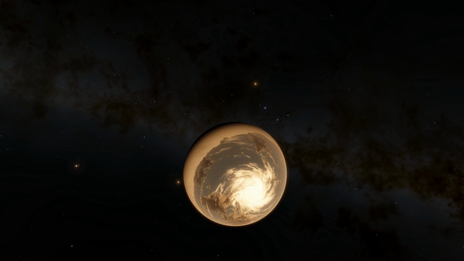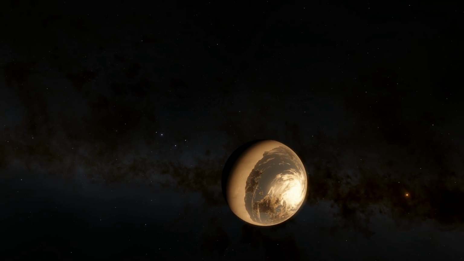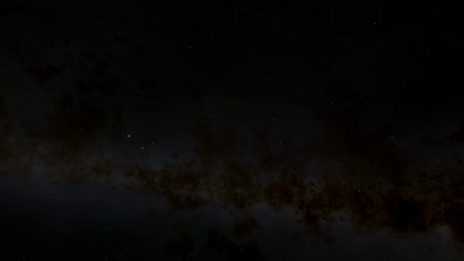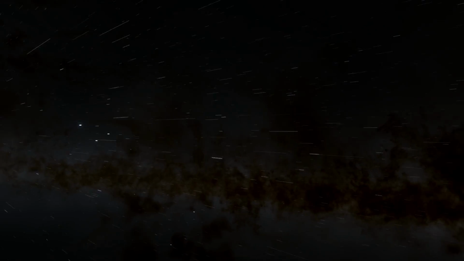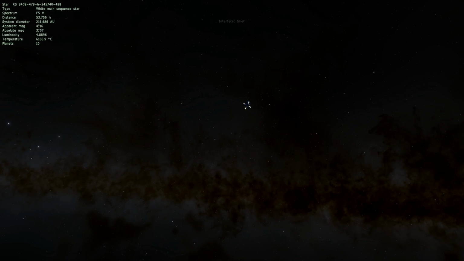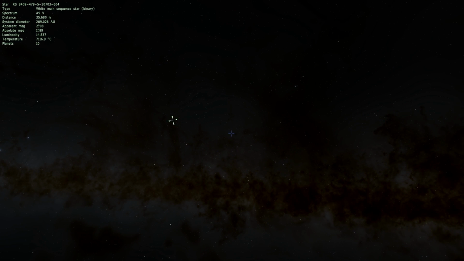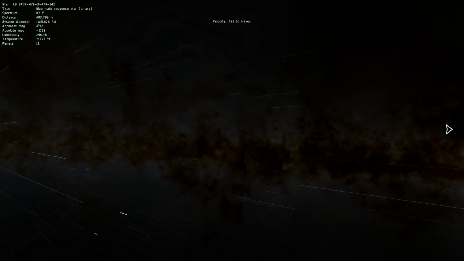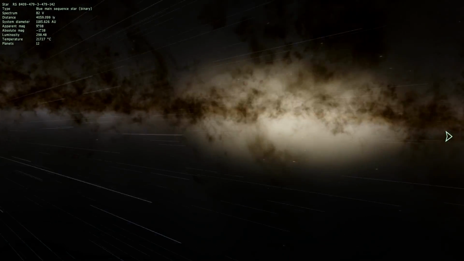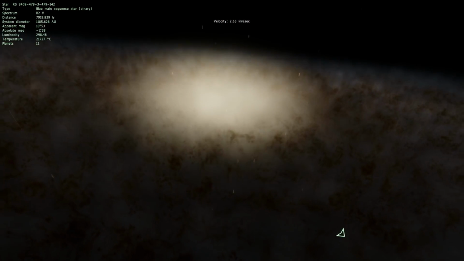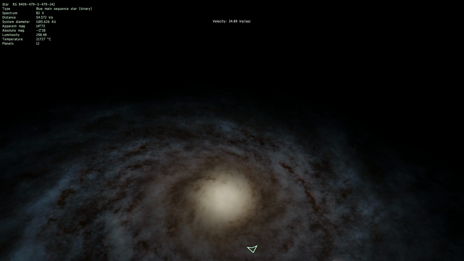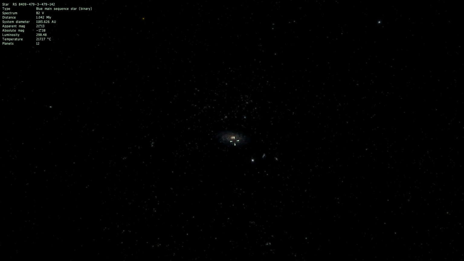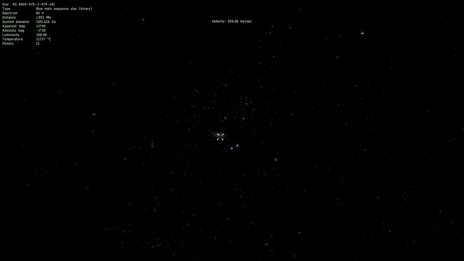And what blows my mind also is that this looks so similar to our Milky Way, but it's not. This isn't the Milky Way. This is just another galaxy with this soup of stars everywhere we look. Everywhere. There's a white main sequence, a binary white main sequence, a binary blue main sequence, a yellow giant, etc., etc. There's just so many stars in every single galaxy. The chances that humans are the only life are so insanely small. It's crazy to believe that we are the only life in the universe.